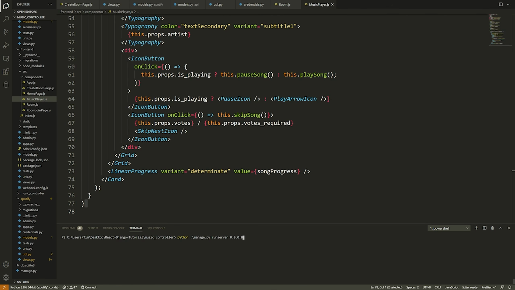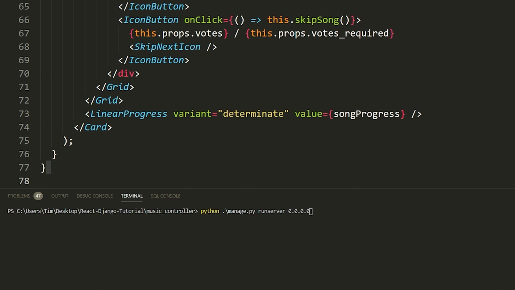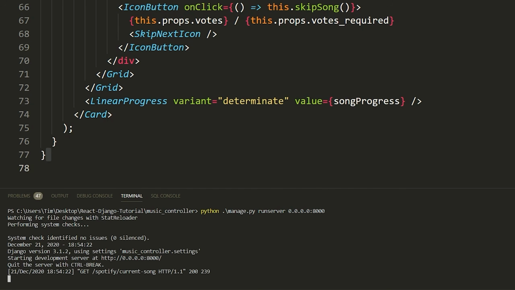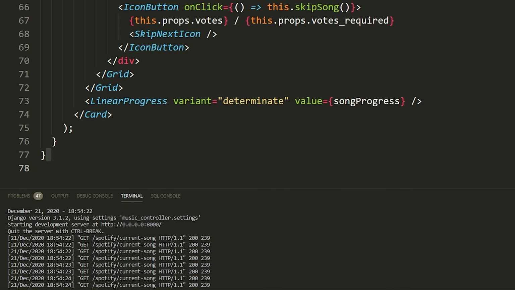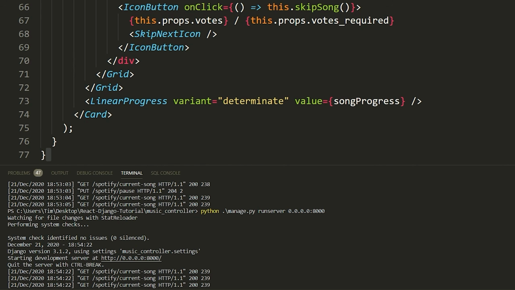So if you do want to run this on your local area network, meaning any device on your Wi-Fi network can connect to this, what you can do is when you say python manage.py runserver, you can say 0.0.0.0:8000, just deciding the port that you want to run this off of. You could run it on a different port if you wanted to. If you run it like this, you will see that it does work, but when you try to connect to this, and I'll show you how, you're going to get an error.